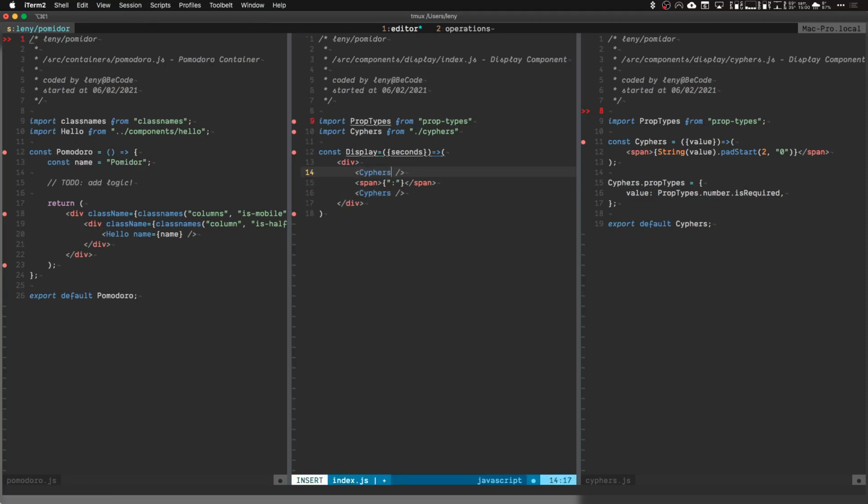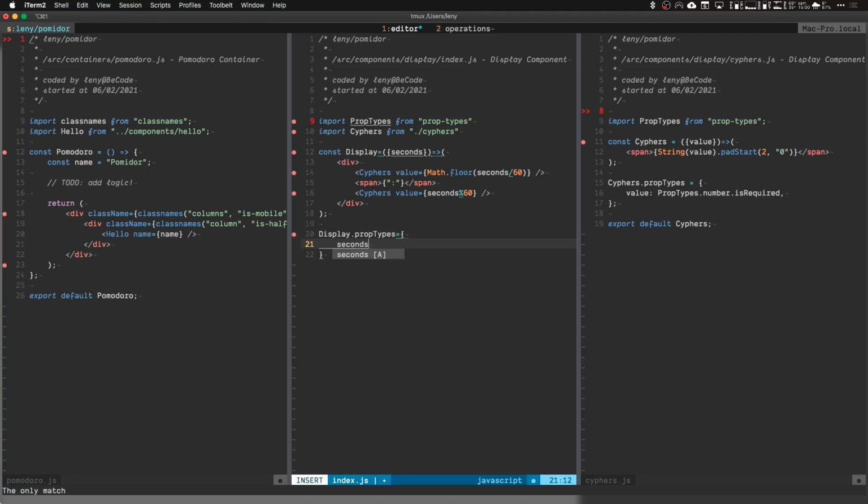So first thing first, we will show the minutes, and for that we will simply do a math floor of the division of seconds by 60, sorry. And then for the second, we will simply show the rest of our division by using a modulo 60. And that's fairly whole. We will just do that, writing the prop types,